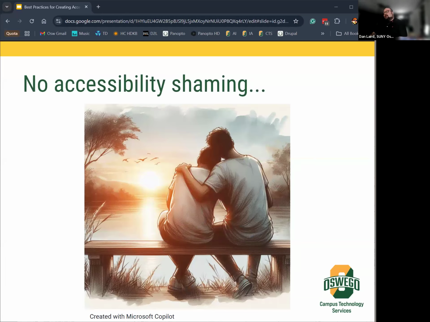This is also an AI image I created with Microsoft Copilot of someone consoling someone else on a bench in front of a pond with the birds in the background and the sunset. This is not going to have any finger pointing or call anybody out on their mistakes. We all have to start somewhere. We are not here to shame anyone. We're here to pick up people, support them, and share the knowledge on how to create good presentations. Everyone takes their own journey, and every journey begins with a first step. So I'm here to help you accomplish this goal and give you some of the information and tools you need to provide the most accessible presentation possible.